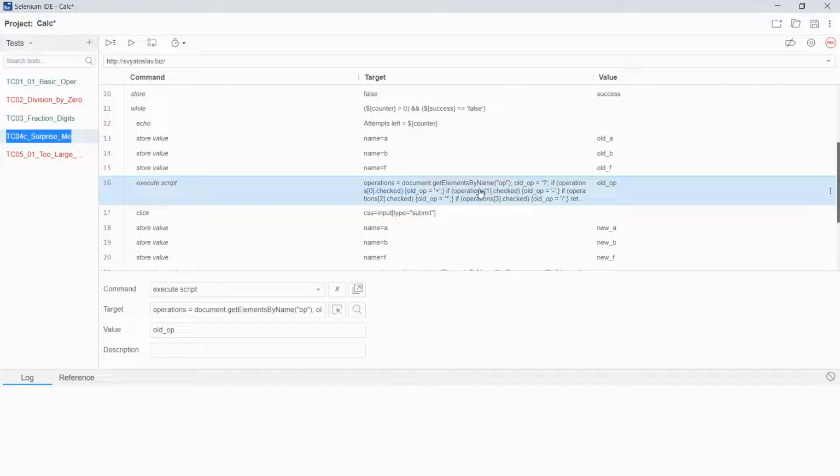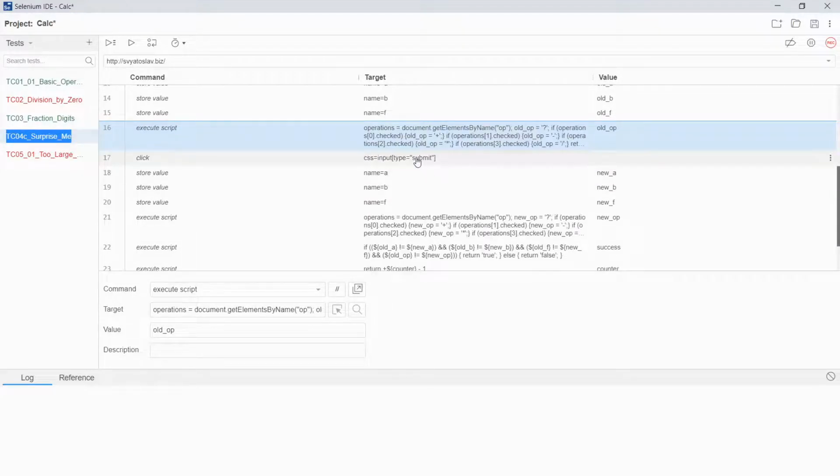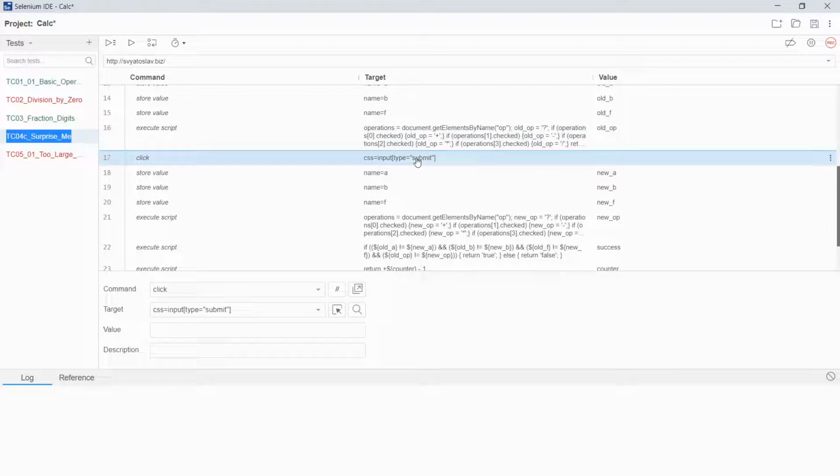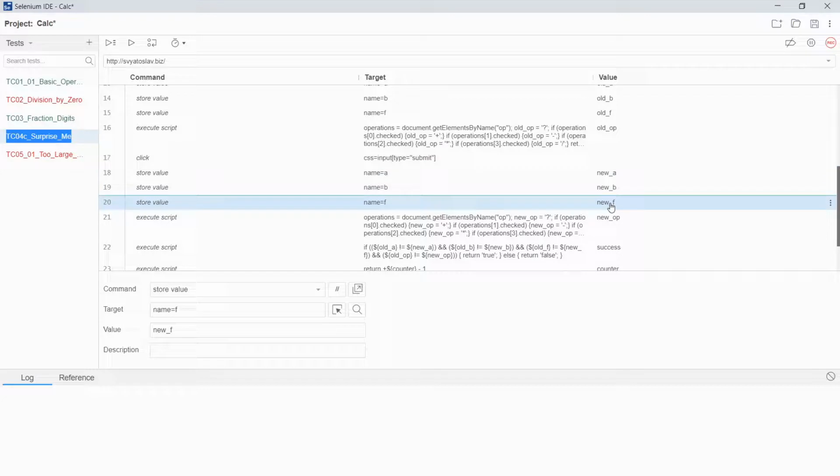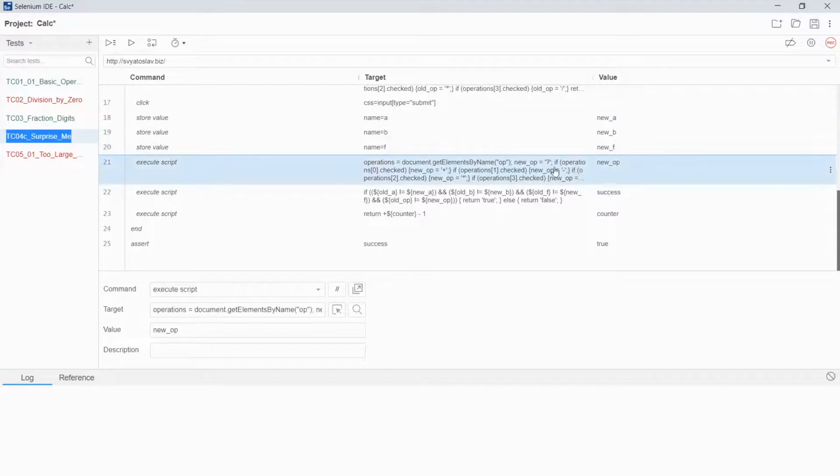Here we have to use such complicated JavaScript in order to get the result, because the Selenium IDE does not provide us a simple, clear solution here. Then we click Submit, and then we get a new value of the field A, field B, field F, and